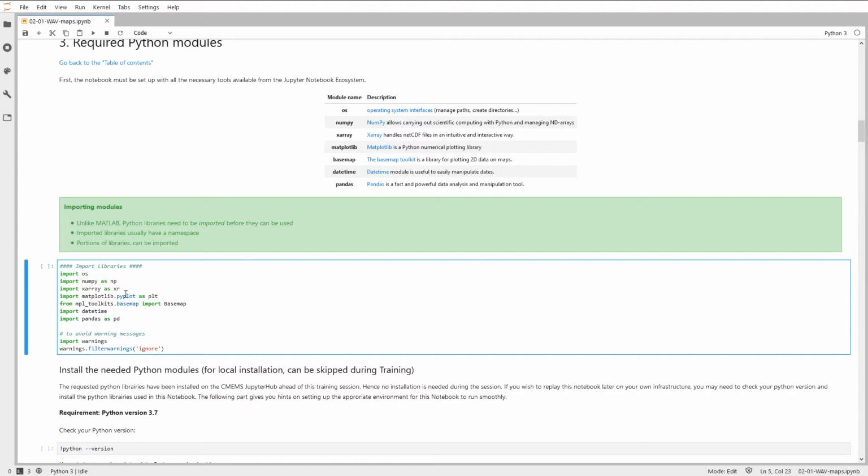There, we just need the pyplot part. So we just import the pyplot part of Matplotlib as plt. Same for Basemap. And we'll create an alias for pandas. A last module is imported, which is warnings, which is used to filter the different warnings you could get while